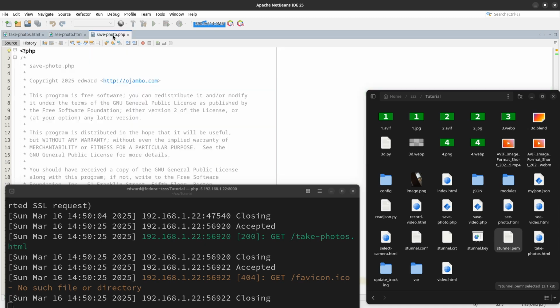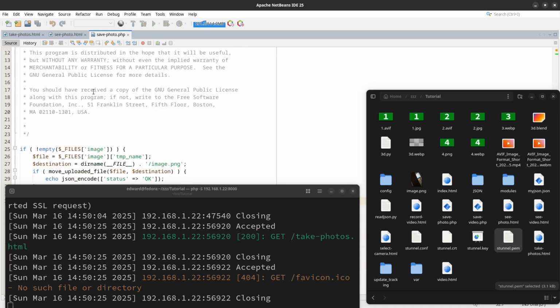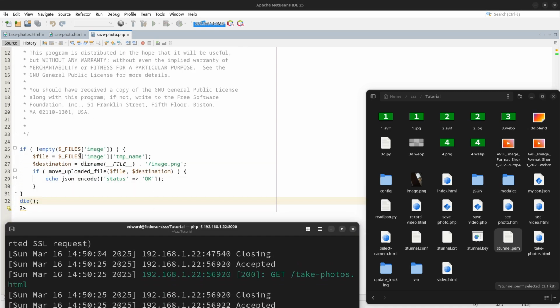And then we see we have save photo. It's just a PHP here. This is just PHP code, and it's very simple. We make sure it's not empty. Then we will grab the file itself. Usually PHP by default creates a unique file name for it. Then what I'm doing is